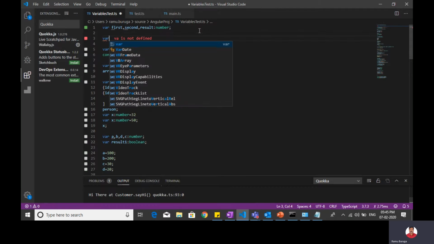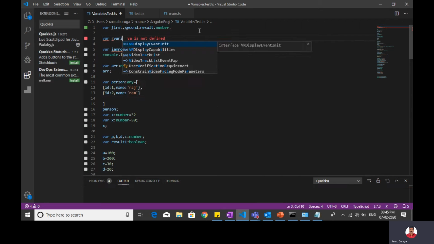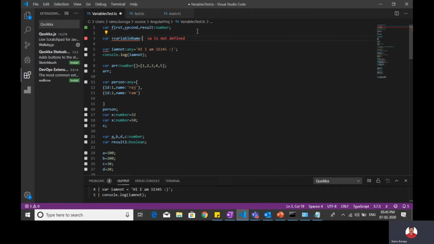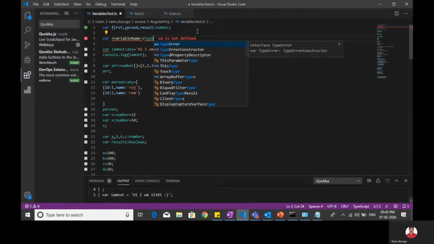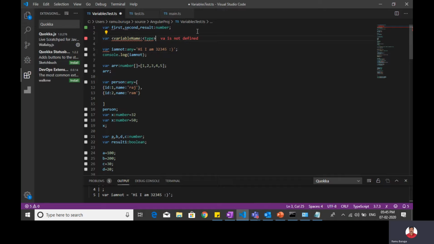The syntax is var, then the variable name, colon, and the type. Then either you can assign a value, or if you want to assign the value at runtime, you can put a semicolon over here. So this is the structure you should follow when you declare a variable in TypeScript.